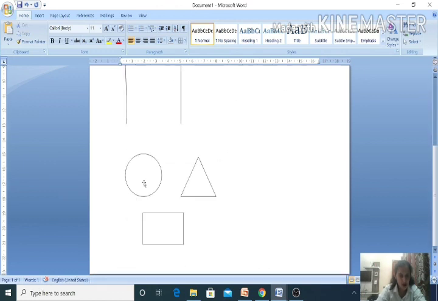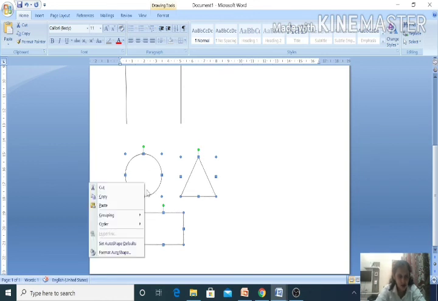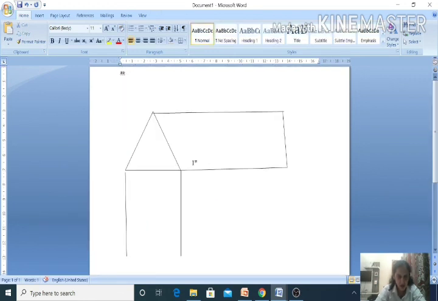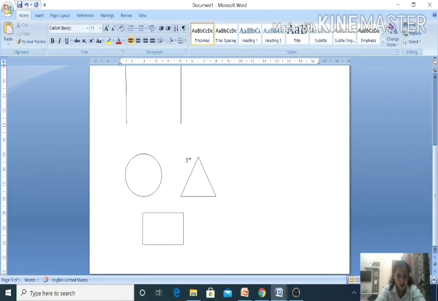You can see here first I have selected one picture. I have to use shift key, then again second picture, then third, and after that I have to click on right click करने के बाद what I have to do, I have to group the pictures. For this I have to click on group icon. Now you can see the picture is your 1. So this is your grouping of the different shapes into one group.